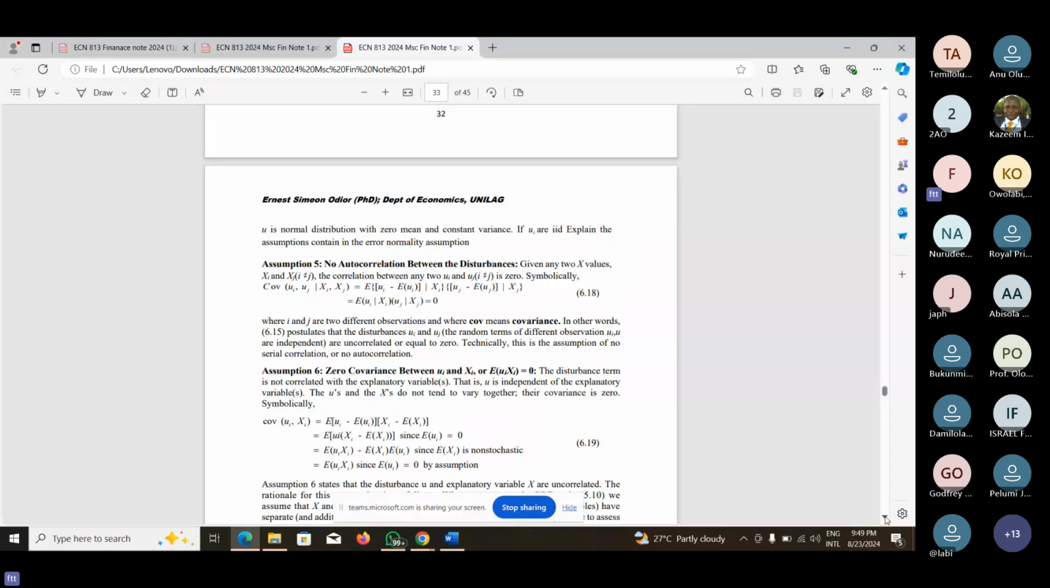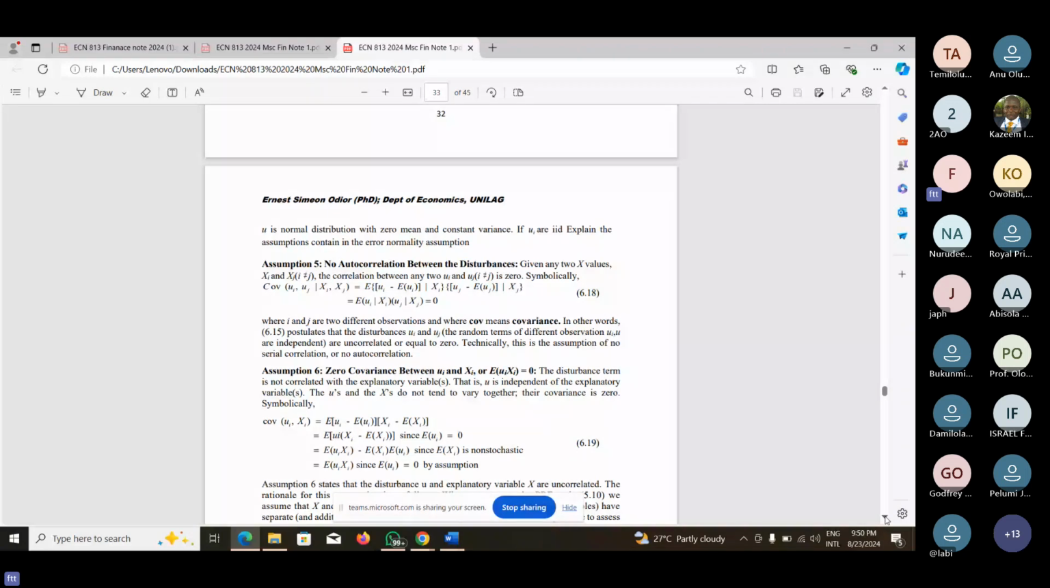No autocorrelation between the disturbances. Yesterday, Oladiran asked a question. He said we should try and explain what this xi and xj means. What xi and xj means. So I'll still come back to that. So let's move on. It said given any two x values, xi and xj, the correlation between any two ui, let's say ui is for xi, uj is for xj,